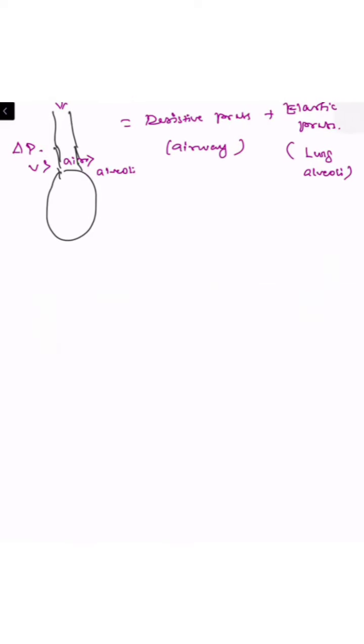For example, during normal inspiration, we are taking the air actively, but with the help of mechanical ventilation, we are pushing the air inside the lung with the help of some amount of pressure. So when you need to push a high amount of volume, that is the tidal volume, whenever you need to increase the tidal volume, you need to increase the pressure to deliver the amount of volume inside the lung.